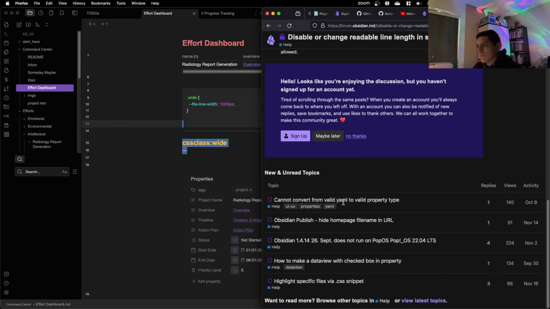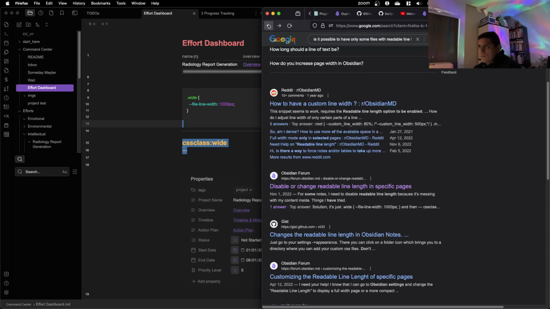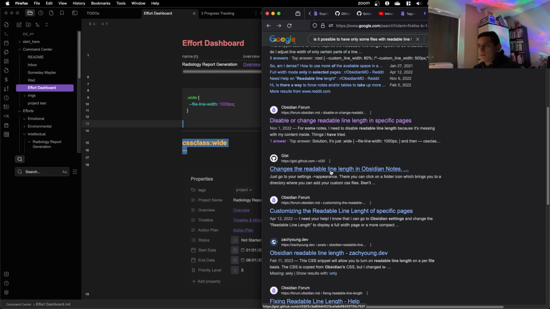This topic, CSS snippet, specific pages. So it seems that this works, but I don't know what to do with it.